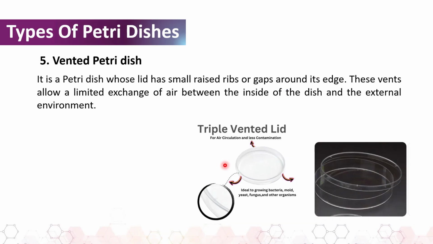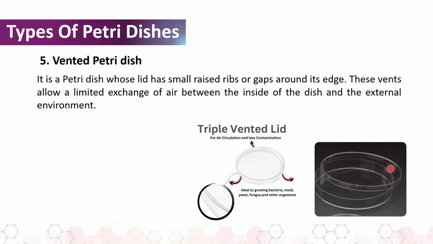And the last type of Petri dish is the vented Petri dish. This is a type of Petri dish whose lid has small raised ribs or gaps around its edge. And these are the raised ribs or gaps around the edge of the Petri dish. These vents basically allow a limited exchange of air between the inside of the dish and the